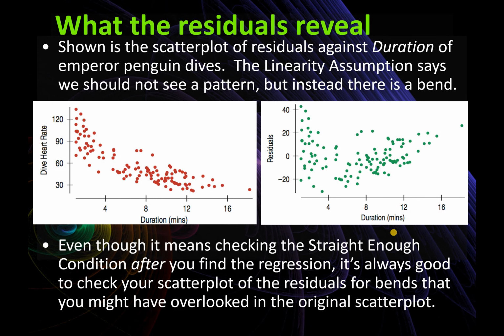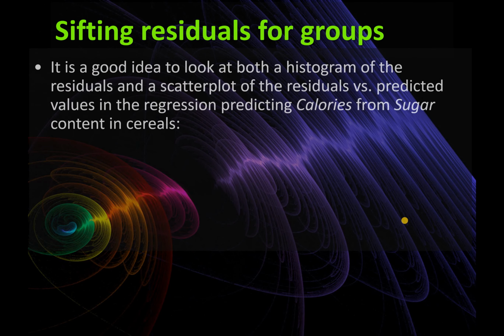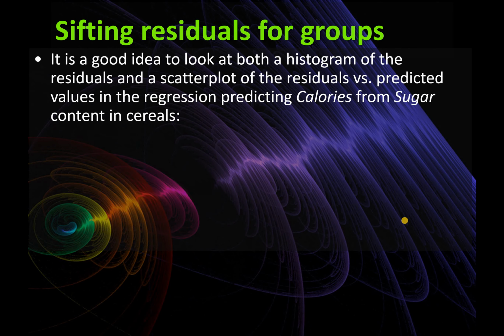I know it's strange that we want to look for the straight enough condition after we do the regression. It's all kind of cyclical. We check the scatter plot to do a regression. We check the residuals to see if that regression model was appropriate because it reveals what we might have missed in checking the conditions. Now, when we look at the residuals, they themselves might not tell us everything that we want. Instead, sometimes what we'll do is